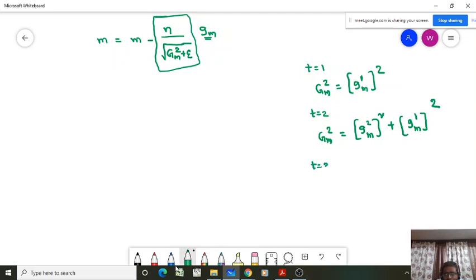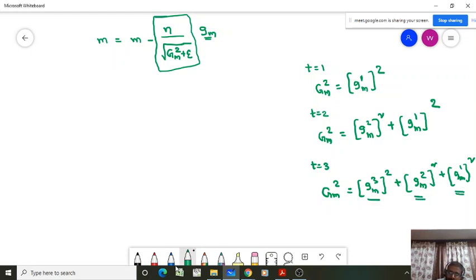Similarly, for the third timestamp, Gm squared is equal to gm3 whole square plus gm2 whole square plus gm1 whole square. That means it is the sum of the squares of the gradient. So we are adding the squares of the gradients of the previous iterations also, the history information. Suppose you run your iterative algorithm for n iterations, then at the nth iteration, the sum of the squares of the gradient